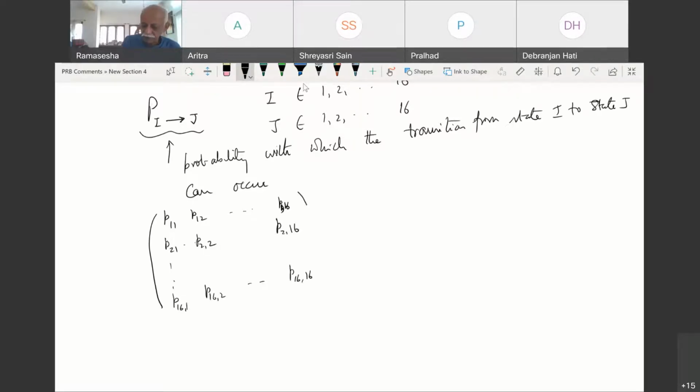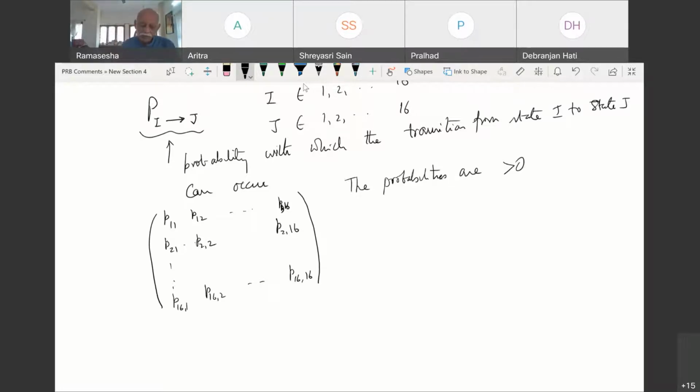P16. So what can you say about the probability matrices? All P's are greater than 0. So what can you say about the probability? Equal to or greater than 0, and in most cases at finite temperatures the probabilities are always greater than 0. Only at T equal to 0 K can you have probabilities of some higher energy configurations being 0. Okay, so the probabilities are greater than 0.